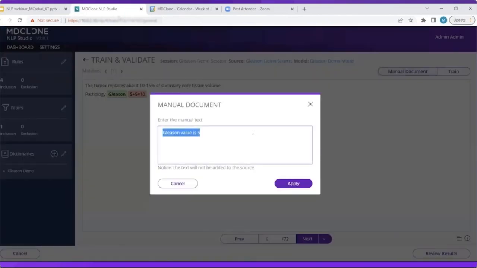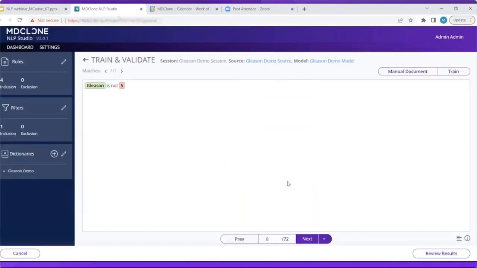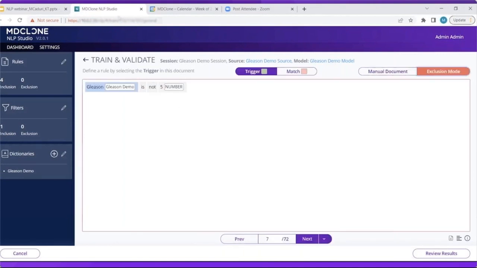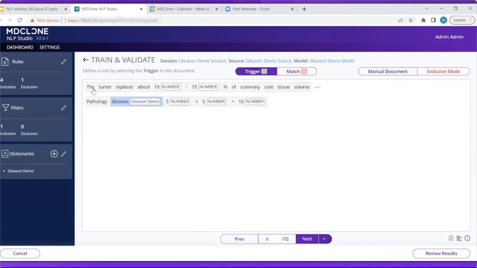And let's see another example using the manual document. Let's say the text is JSON is not 5. So based on the patterns and the rules that I have, the model will include this one. But I want it to be excluded because it's clear with the word not that I don't want it in my result. So I can go back to train mode, and I have an option for exclusion mode. And I can teach my model a new rule, say, same trigger and match, but if my match also includes the word not, exclude it from the result. I will click next. I created another